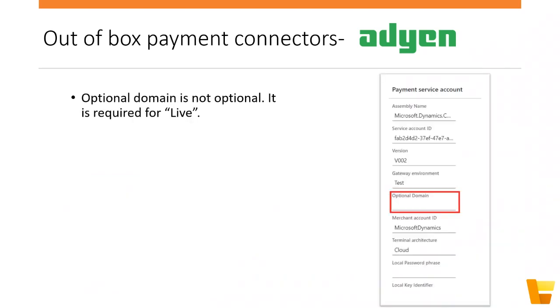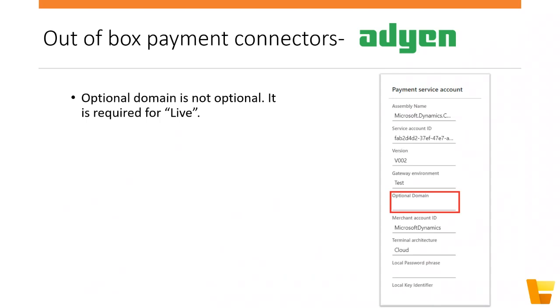So another thing, optional domain. This is a property that's required when you go live. So the main point here is that the label is bad because it's not optional at all. It's required for live, and this is documented, but we will see people try to go live and optional domain